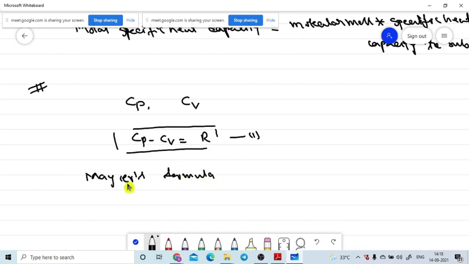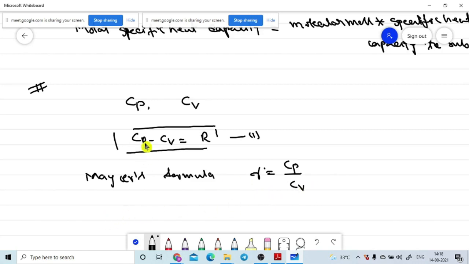It tells that Cp by Cv will be denoted with one of the constant terms, that is gamma. Yes, gamma. So are you getting now? This concept, you may feel it is not an important concept, but it is very important for your competitive exam. So gamma. Please look at this one.